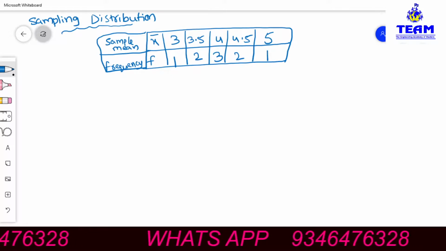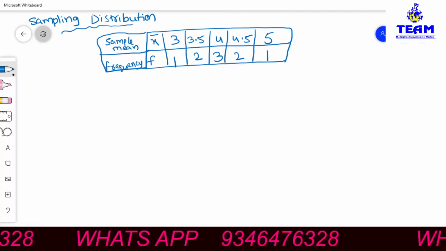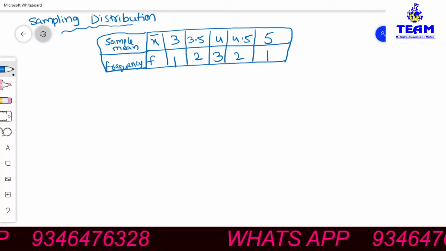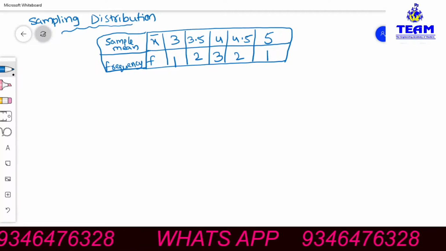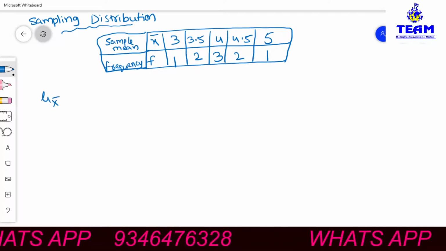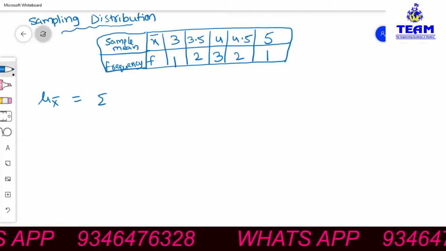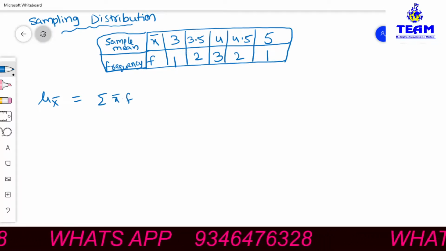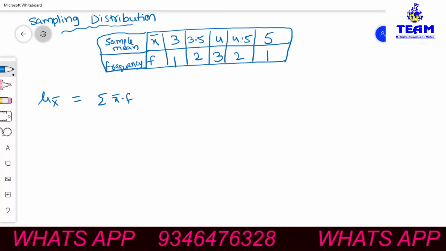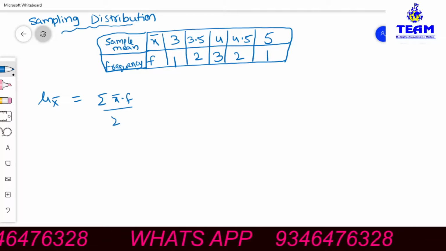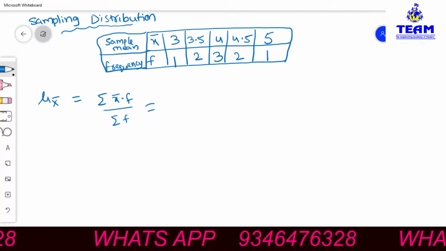So friends, by using this sampling distribution we can find out MHDM. MHDM, also known as the mean of the sampling distribution of means, can be represented by mu x bar. That is equal to, there is a formula for this, that is nothing but sigma x bar into f by sigma f. See here, the x bar value is 3, and the frequency, how many times it occurs, 3 comes only one time,